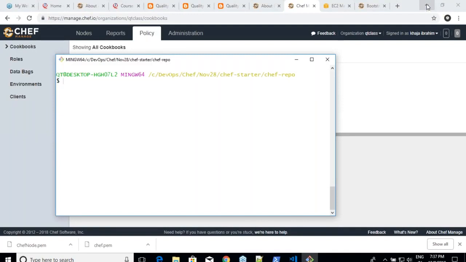Fine. Okay. Now let me speak about something called Supermarket. What is it? So why do we go to a supermarket generally? To buy something which is existing rather than making it at home. Yes. So there are many cookbooks which are written by someone else. Right? Whenever you want to do classic actions, why do you want to take the headache of doing all of the stuff on your own? Better take it from someone else. That's the whole idea of this Supermarket.